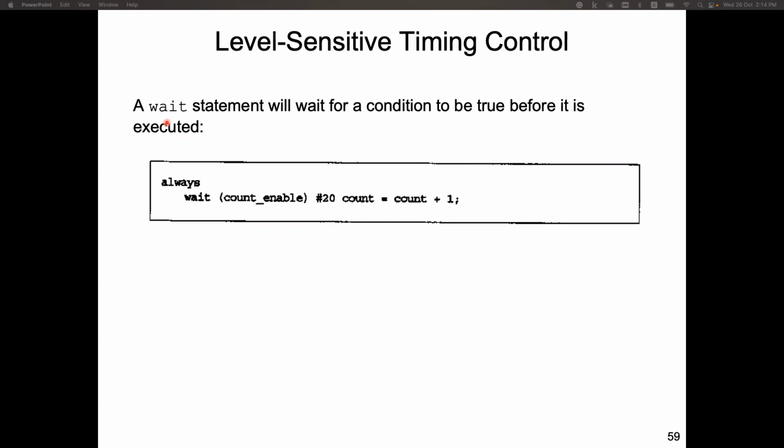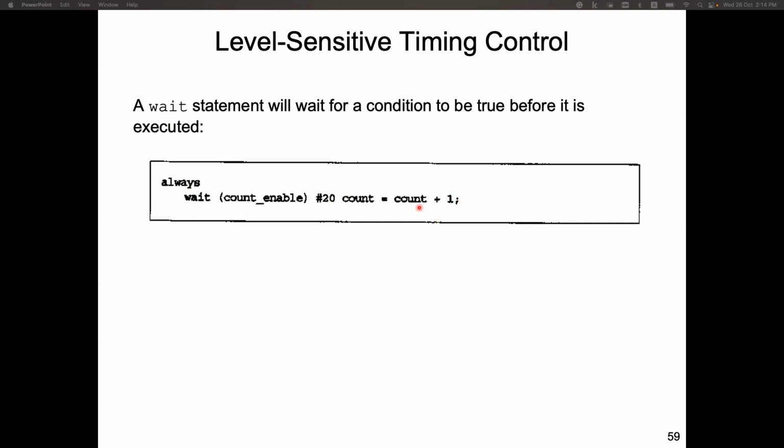Verilog also allows level sensitive timing control. That is the ability to wait for a certain condition to be true before a statement is executed. So we use the keyword wait. In this example: always wait (count_enable) #20 count = count + 1,